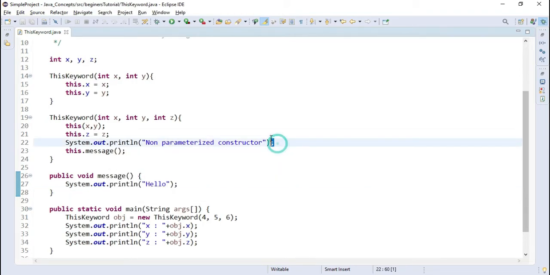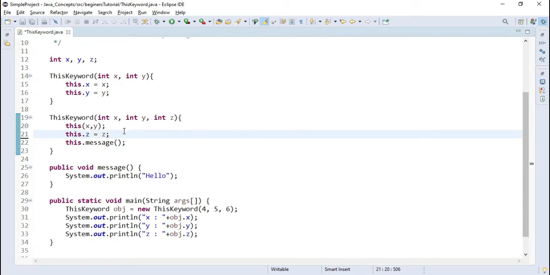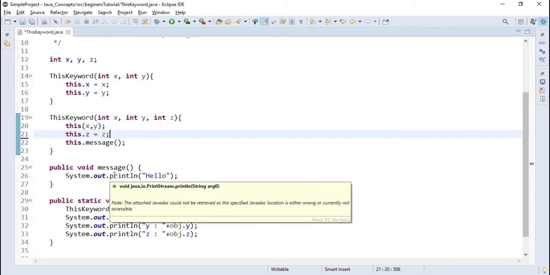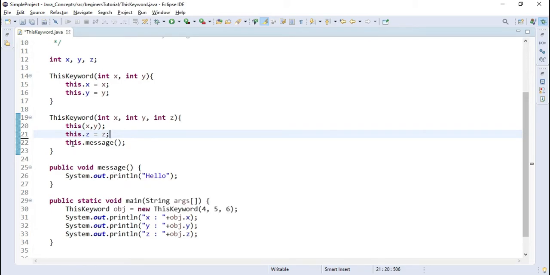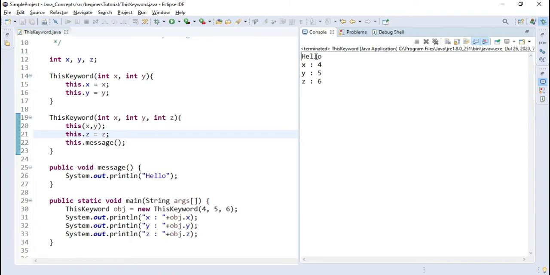I will remove this line, and after that I have called our instance method message, and in this method we have printed hello. So how can you simply call this? By simply mentioning this dot message, and if I execute my code, then you will see the output. Okay, so we got hello first, then we have printed value of x, y and z.